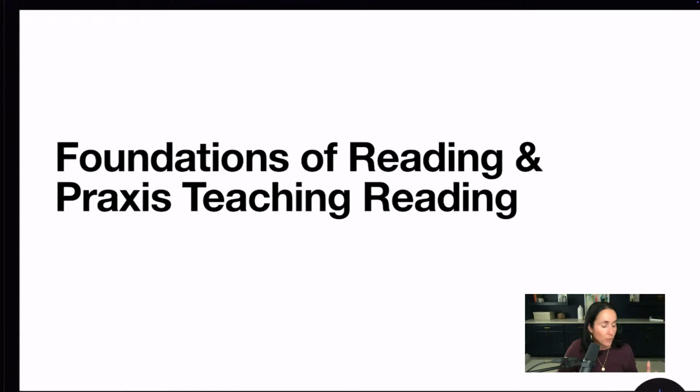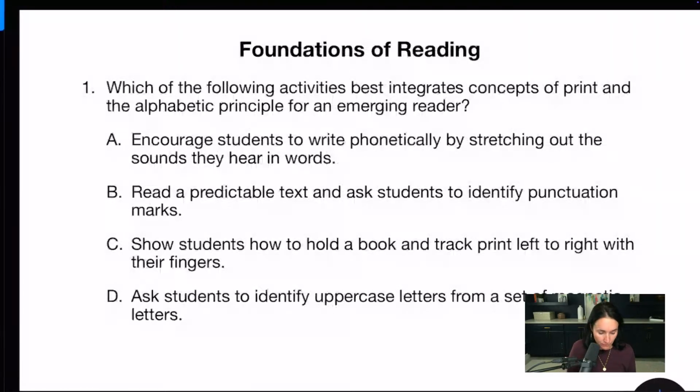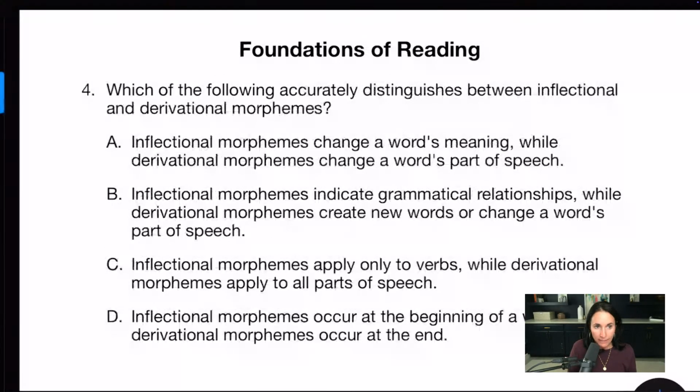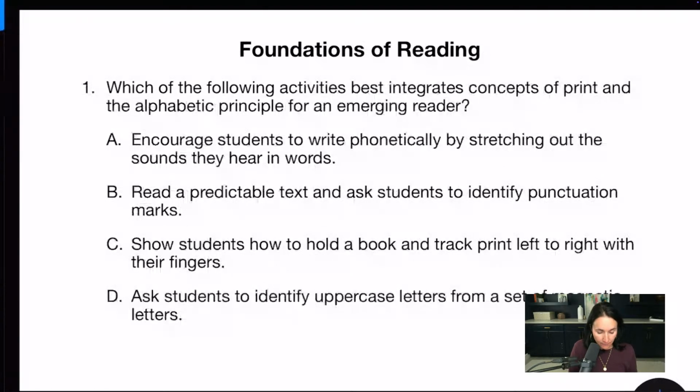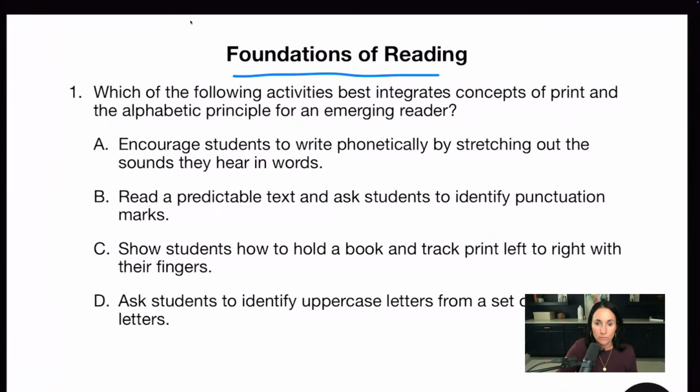And I'm going to tell you where they are on each study guide. I have them labeled so you can see this one is number 1 and this one is number 4. And at the top here, I have that it's the Foundations of Reading. So when you watch this back, you're going to get the replay. You can go ahead and see where I'm talking about here. You do not have to print the study guide right now. You'll be able to see all of this in your phone or wherever you're watching me. Okay. So let's have a look at number 1. I want to use this in context.